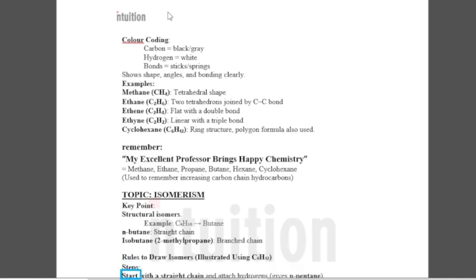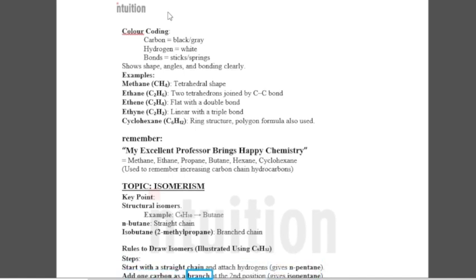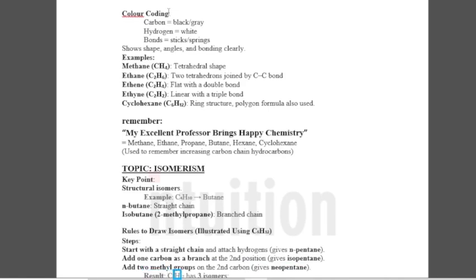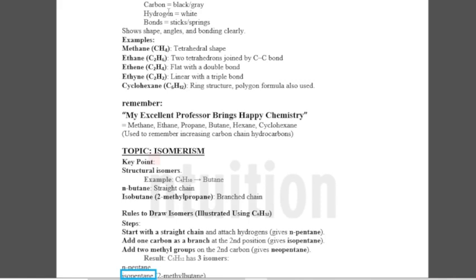Steps: start with a straight chain and attach hydrogens, which gives n-pentane. Add 1 carbon as a branch at the second position, which gives isopentane. Add 2 methyl groups on the second carbon, which gives neopentane. Result: C5H12 has 3 isomers: n-pentane, isopentane, 2-methylbutane, and neopentane,